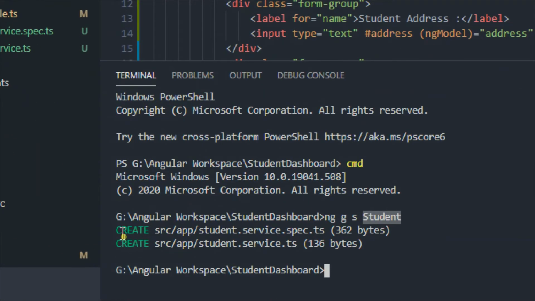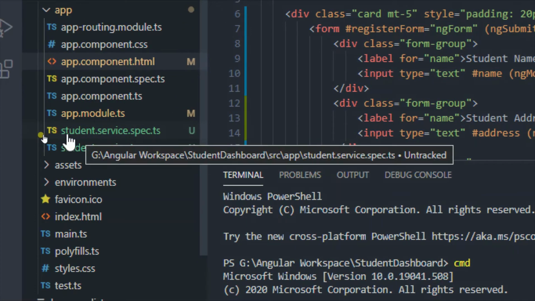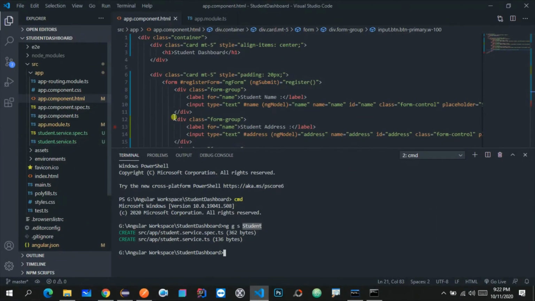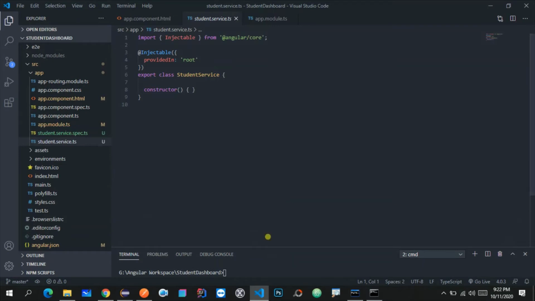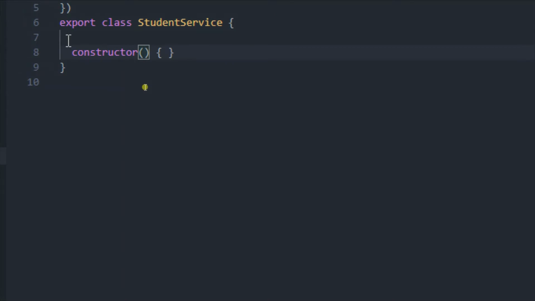Now as you can see, the service is created, and over here you will find these new files called student.service.spec.ts and student.service.ts. Now we just need to go inside this student.service.ts, and inside the constructor we just need to inject HttpClient.